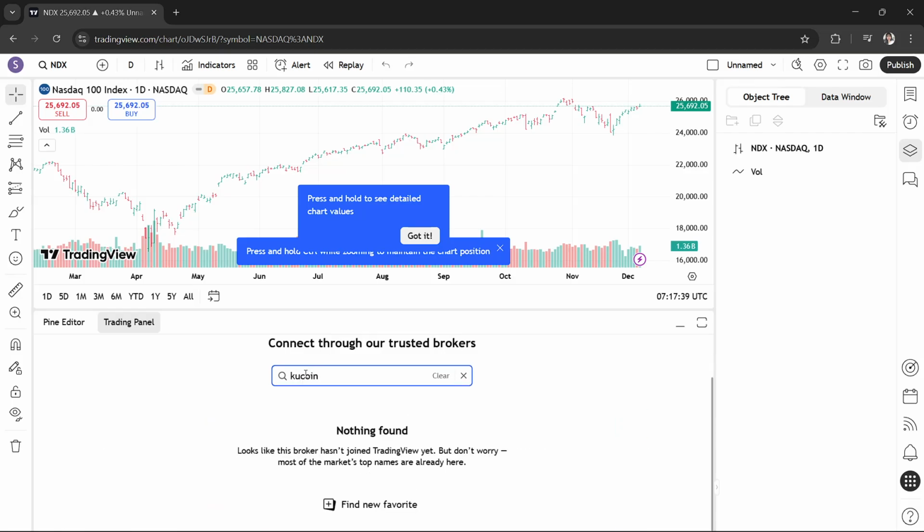So you do have to make sure first that this broker has already joined TradingView so that you will be able to connect it properly. So once you see it, you will just have to click it, and then you will connect your API key by pasting the API key and secret key, and then you will just have to click connect, and then TradingView